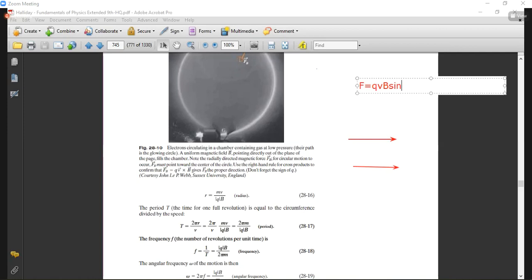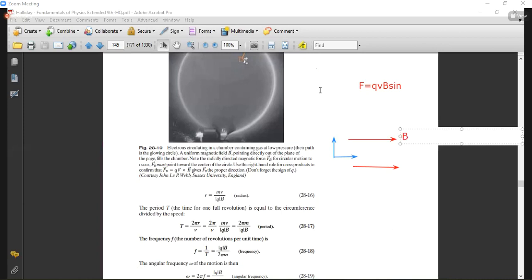अब when will be the force maximum? जब एंगल क्या होगा? It is equal to 90, meaning when you have this perpendicular component of the charged particle. And when will it be zero or minimum? Obviously when sin zero होगा, so it means that at that time the angle between the velocity and that of the magnetic field is zero. So for the horizontal component, मैंने आपको बताया था कि this is B here, red lines are basically showing the B, white blue lines are showing the